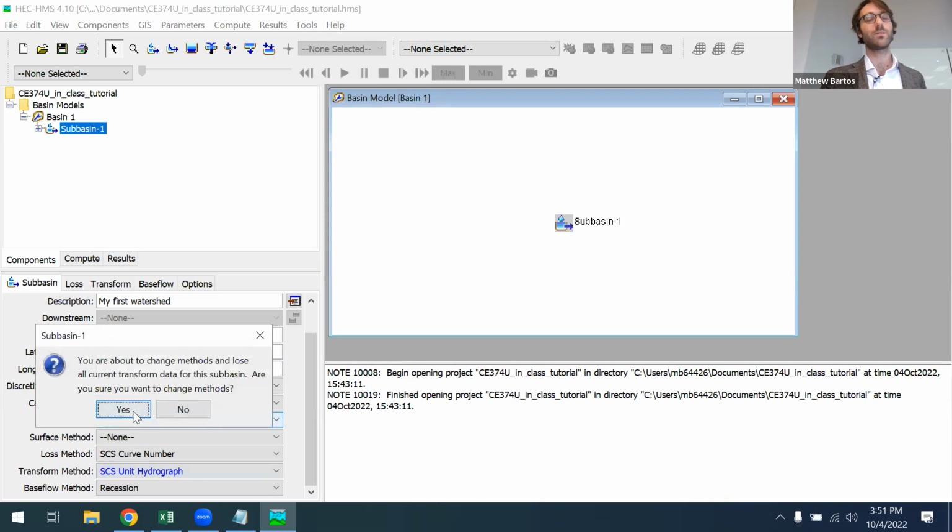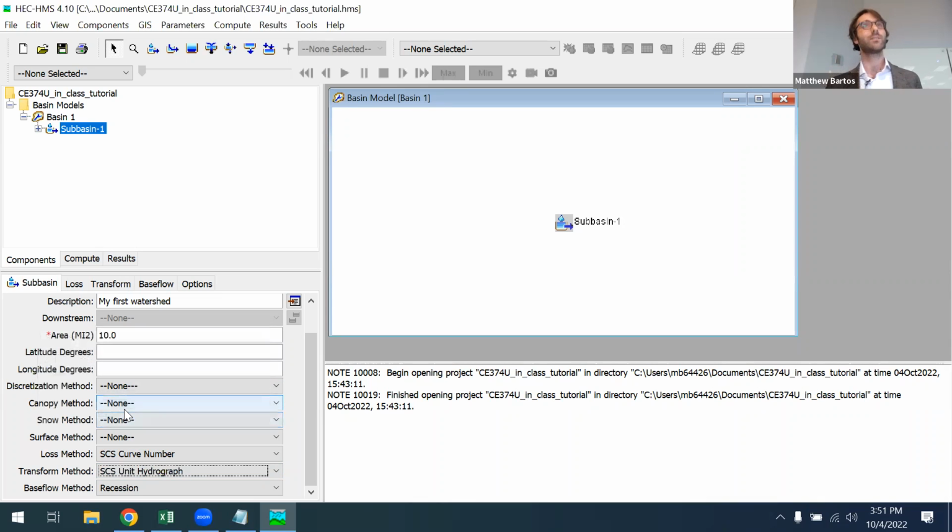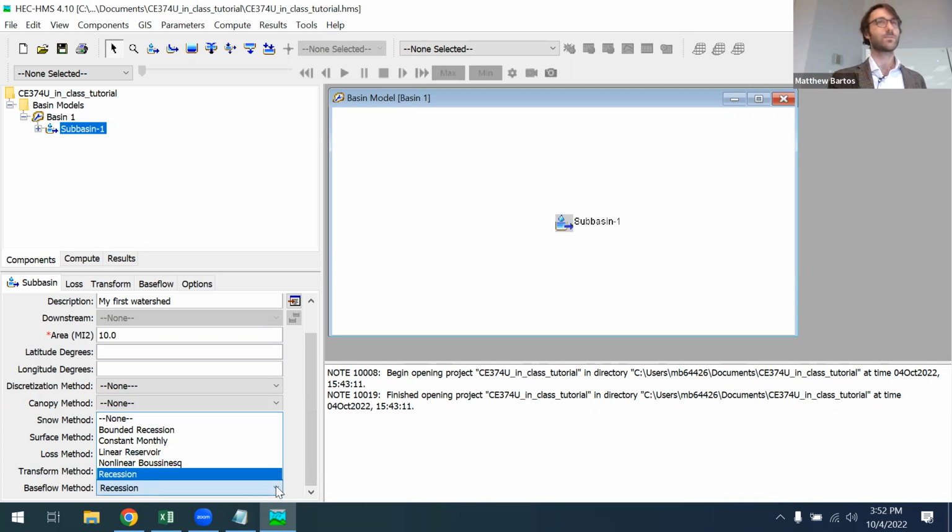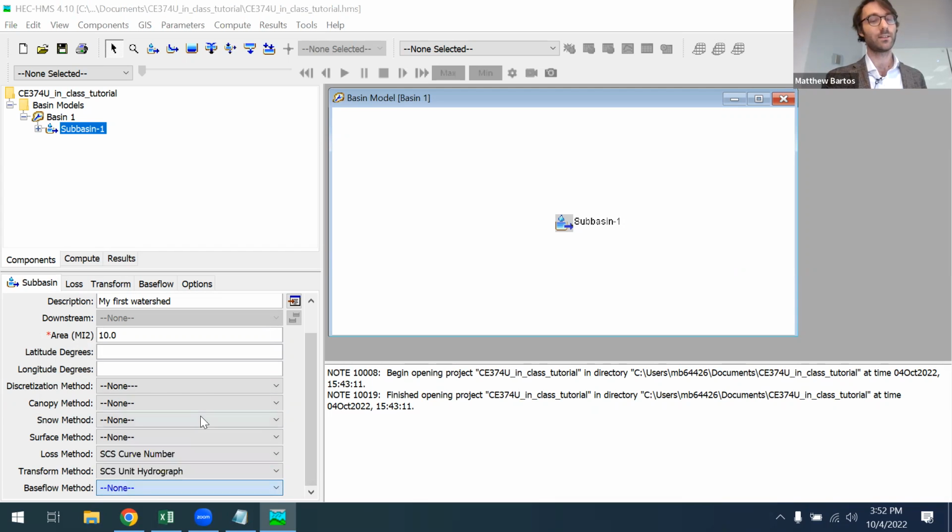Okay, so this is going to be used to model the runoff across the landscape. Okay, and finally, for base flow method, we're not going to be concerned with any kind of base flow entering into the streams from underground. So I'm just going to set this to none. Okay, and make sure you have all three of these set.